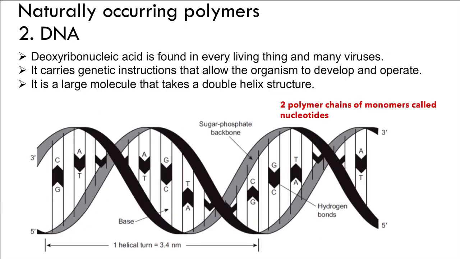And then we have the DNA. DNA is formed of two polymer chains of monomers called nucleotides. What you need to know about the DNA for your chemistry exam is just that these two polymer chains are linked together through hydrogen bonding between nitrogenous bases, and you just need to know the letters for the bases. You don't need to know